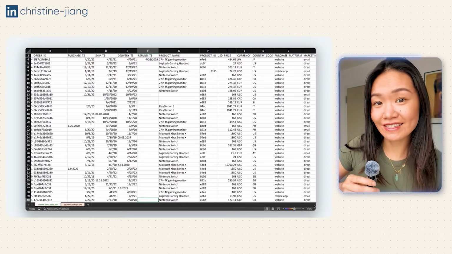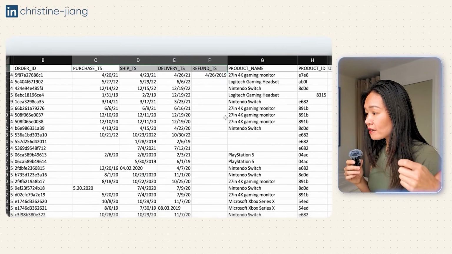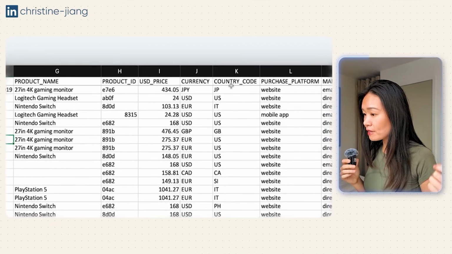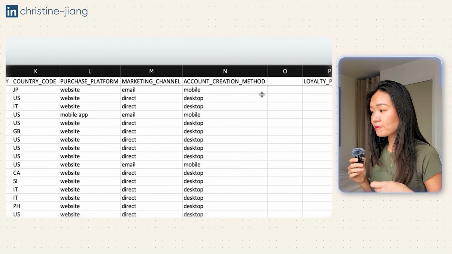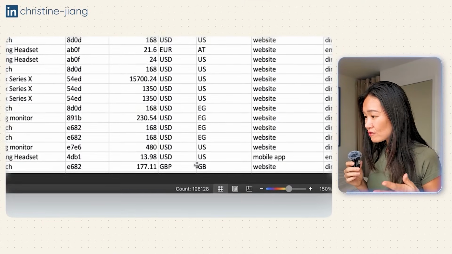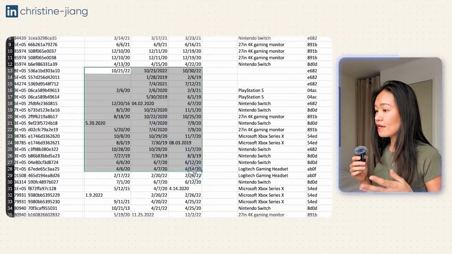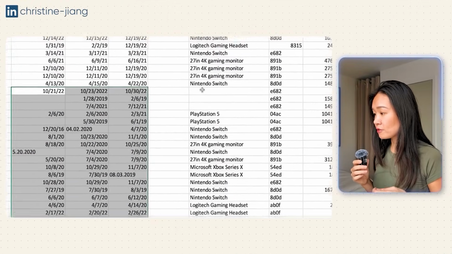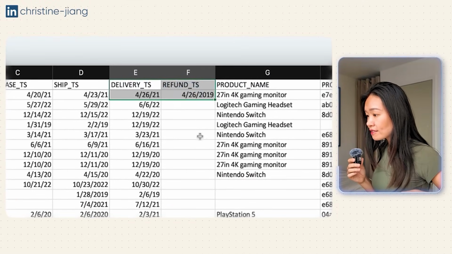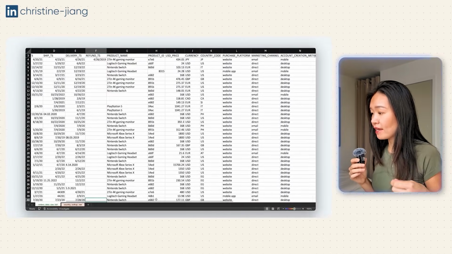So the ideal data set looks something like this. You can see that I have time as a dimension and a number of different business metrics and dimensions that I know I can slice and dice those metrics by, which means that there's going to be lots for me to explore and lots of insights for me to surface. There's about 100,000 records in this data set, and I can see that there are inconsistencies in the data that I'm going to have to take care of as an analyst, which is actually a good thing because I want nulls, I want outliers, I want nonsensical data and miscategorized data